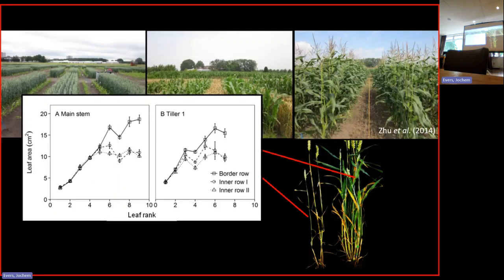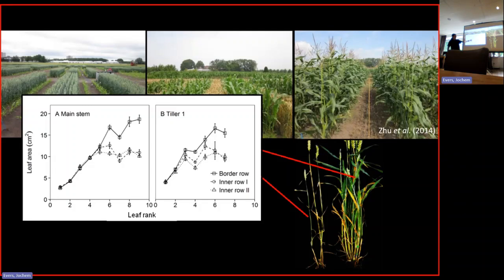It's not so interesting. There's another difference next to the number of tillers, which is the leaf size. This is interesting as well. If you go from the bottom to the top of the plant, you can see that leaf size increases. So the leaves get a little bit bigger as you go up the plant. But in the monocrop situation,